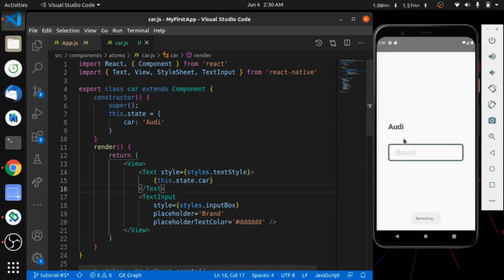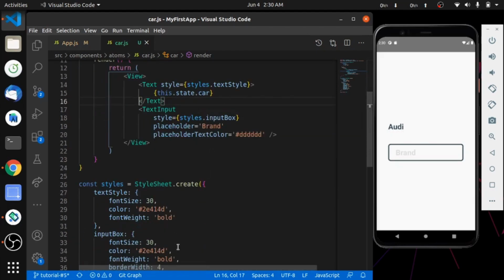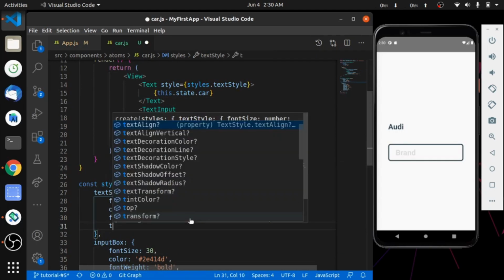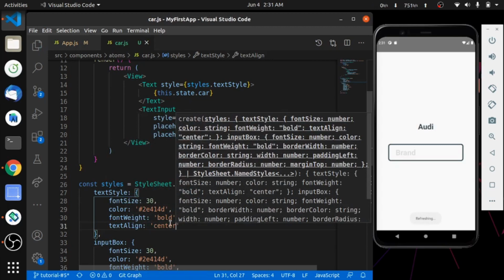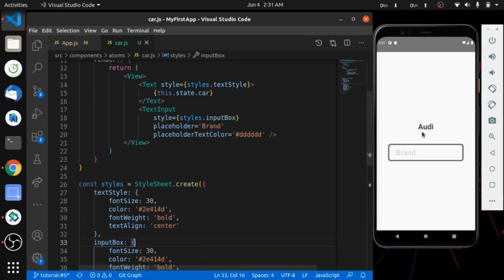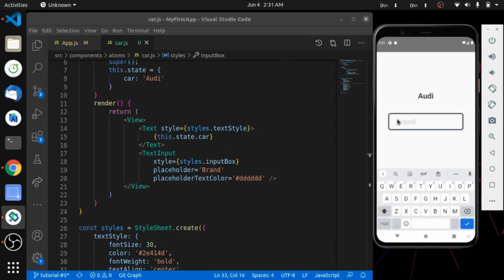As I save changes, it shows up on the text component. Centering the text with textAlign center. For now, it renders the initial value of the state variable, but we can change this value by input text.